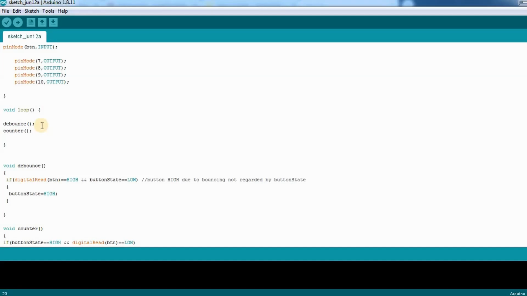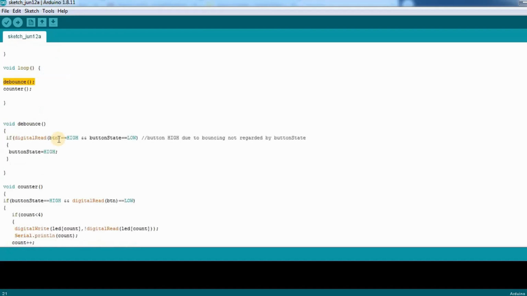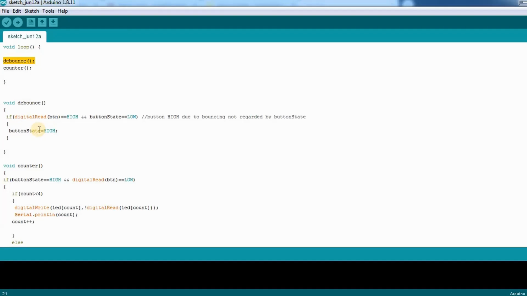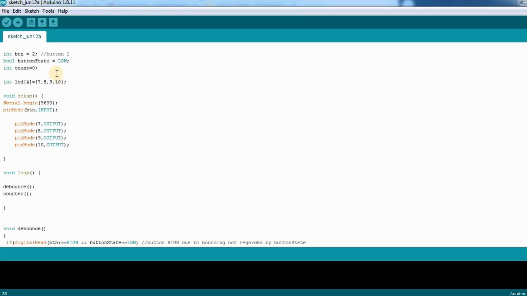First let's take a look at the debounce function. The debounce function checks for the button state. It will read the button pin from the hardware, and if the button pin is high, that means the button has been pressed, and this is the logical AND, it will check the button state, which we have initialized as low in the beginning.